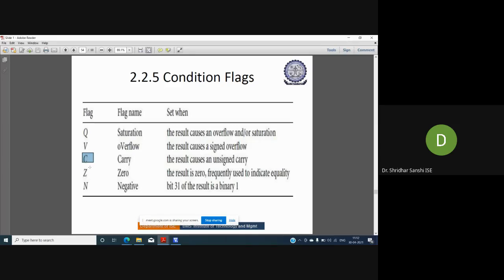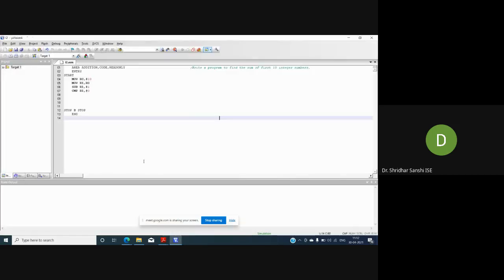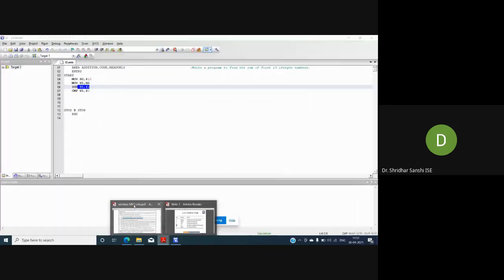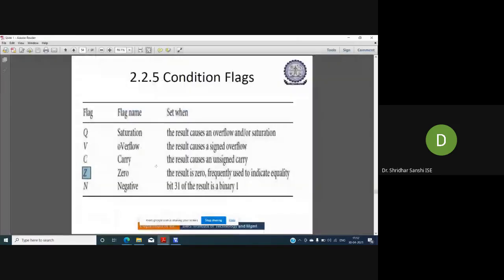Next is Z. Z indicates the result is 0. Whenever we are subtracting here, R1 with the hash value 1, if the result is 0, then the corresponding flag bit will be set to 1.